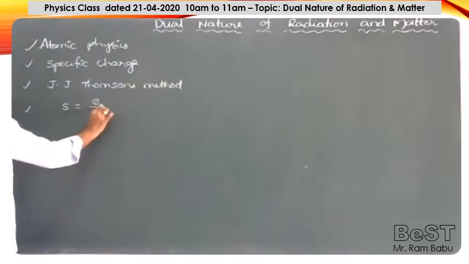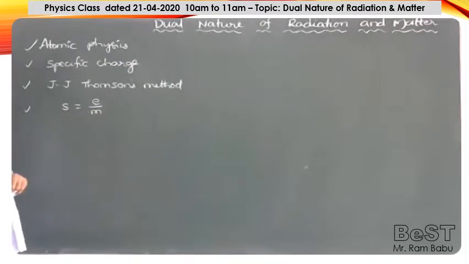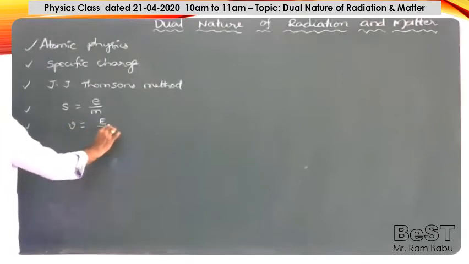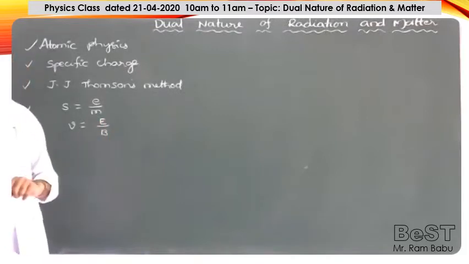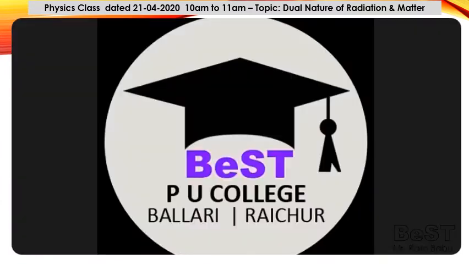Total charge of the electron divided by the mass of the electron is equal to e by m. That's what we have given. And from Thomson's method, the speed of the electron is v equal to E by B, where E is the strength of the electric field and B is the strength of the magnetic field. And one more formula for an electron traveling from...